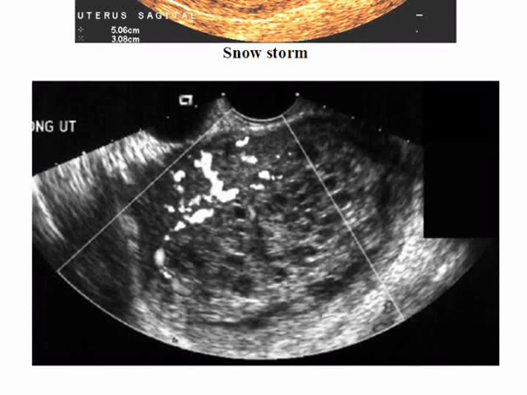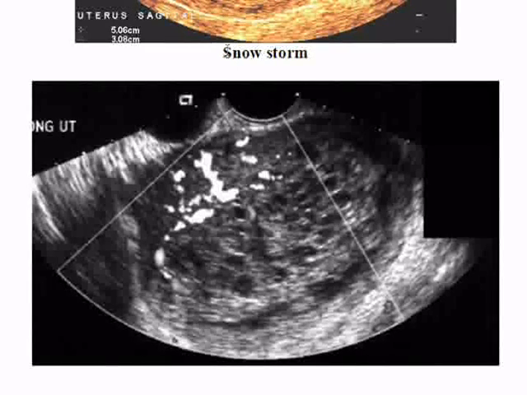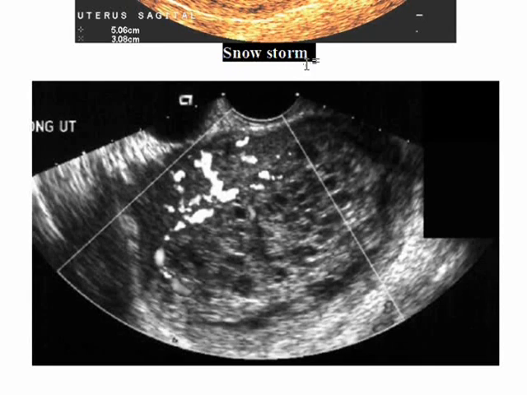Now I want you to see this structure. What do you think is this? This is an ultrasound finding of a patient with a hydatidiform mole. It could be complete or partial. What I would like to tell you here, if you look at this appearance, it is the appearance of a hydatidiform mole within the uterus, which is classically known as a snowstorm appearance. So this is an important ultrasound finding.